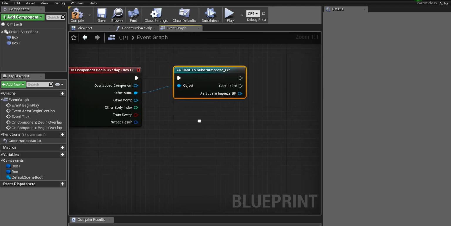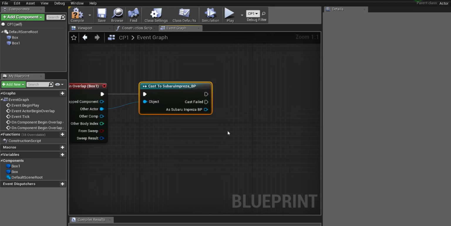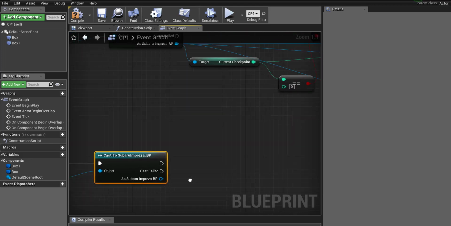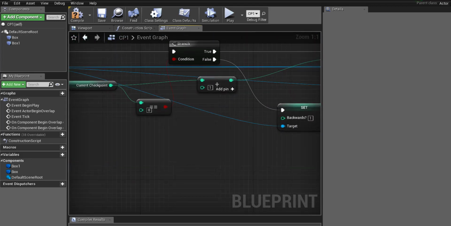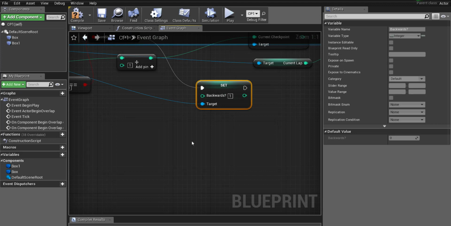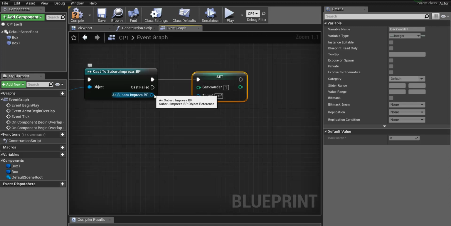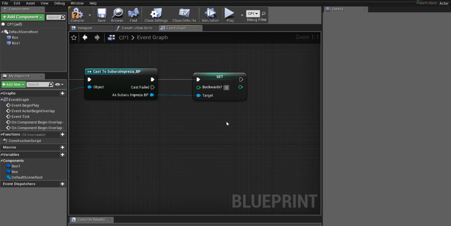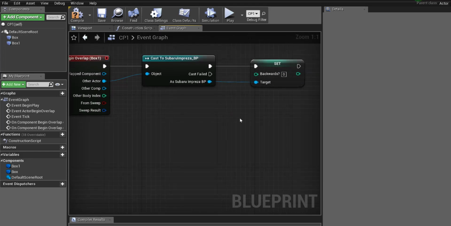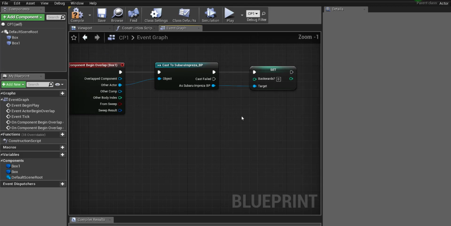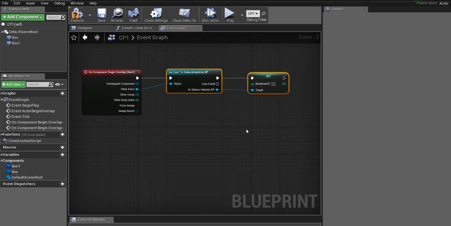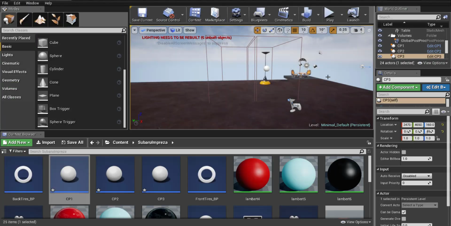and drag off that. And all we want this box to do is when we cross it, we want to set our backwards to 0 because it means we're going in the right direction. So I'm going to connect that and set backwards to 0, because if it's 0, it means we're good, and the only way we cross it is if it was true. So these two things here, I'm going to copy that, hit compile, that works, and just like that,